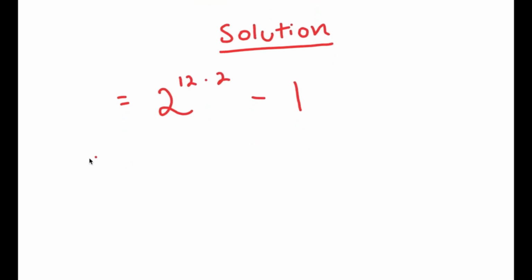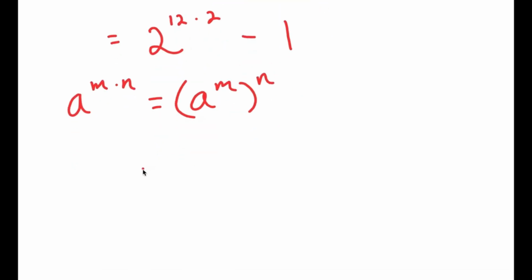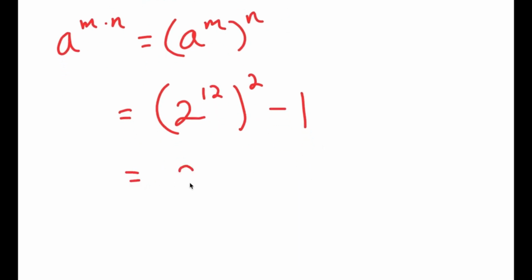And now, if I have something in the form a to the power of m times n, this is equal to a to the power of m to the power of n. So 2 to the power of 12 times 2, I can rewrite this as 2 to the power of 12 to the power of 2. And now 1, I'm going to rewrite that as 1 squared. So now I have 2 to the power of 12 to the power of 2 minus 1